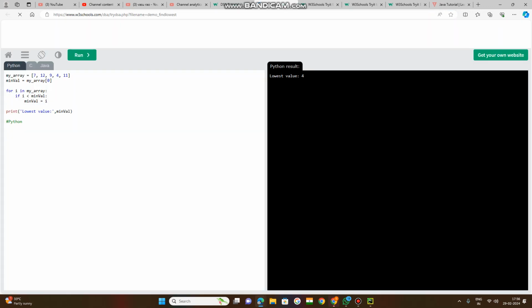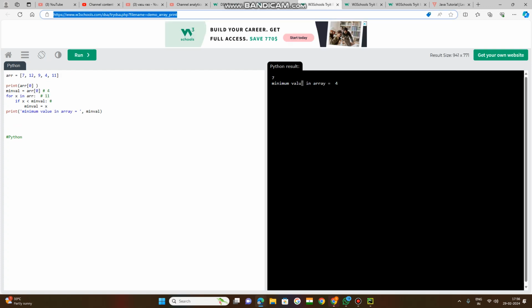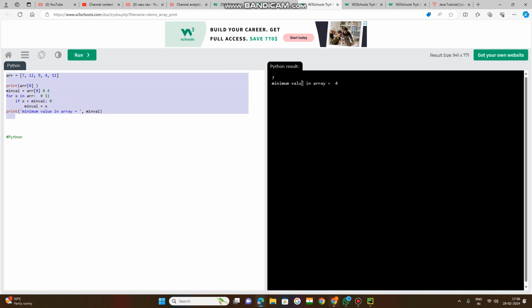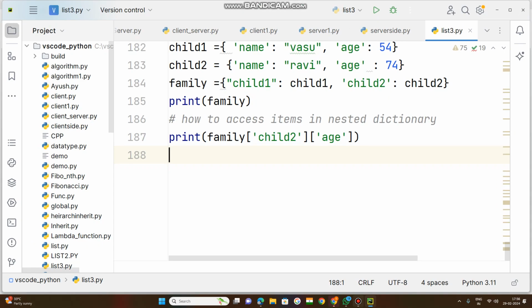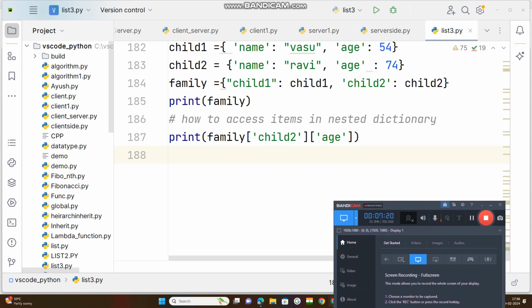As I have done here, as per my wish, I have changed the code. But if you want to write the code in a code editor, you come here; this is the code, this is PyCharm. Here you write as per your choice. Our question is: create a program